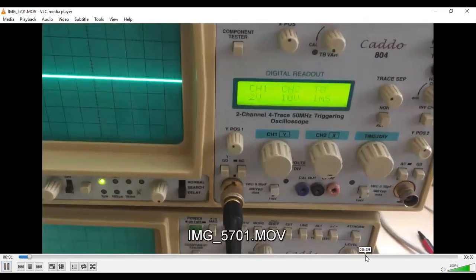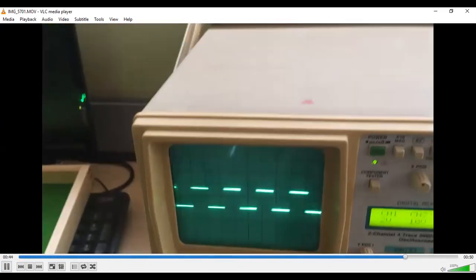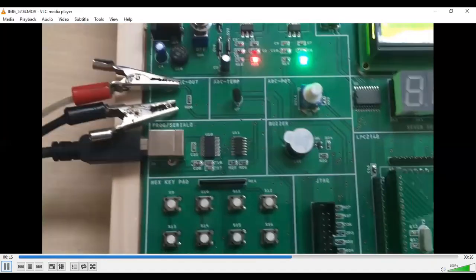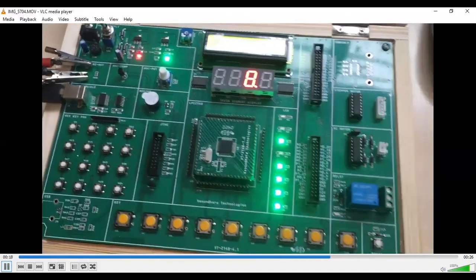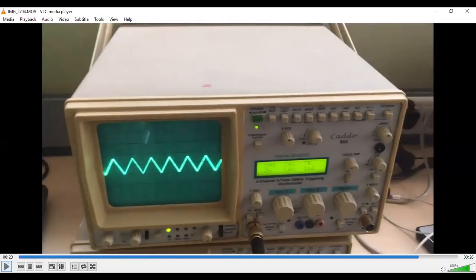First, we can see again how the square waveform has been generated. Once the flash magic is on, the square waveform has been generated in the CRO, as we can see there. So I will show you how the triangular waveform is also presented. One second. For the triangular waveform also, you are supposed to connect the probe the same way, and you can see the output in the CRO. So we are getting a triangular waveform. When we execute the triangular waveform, we will get a triangular waveform in the CRO.